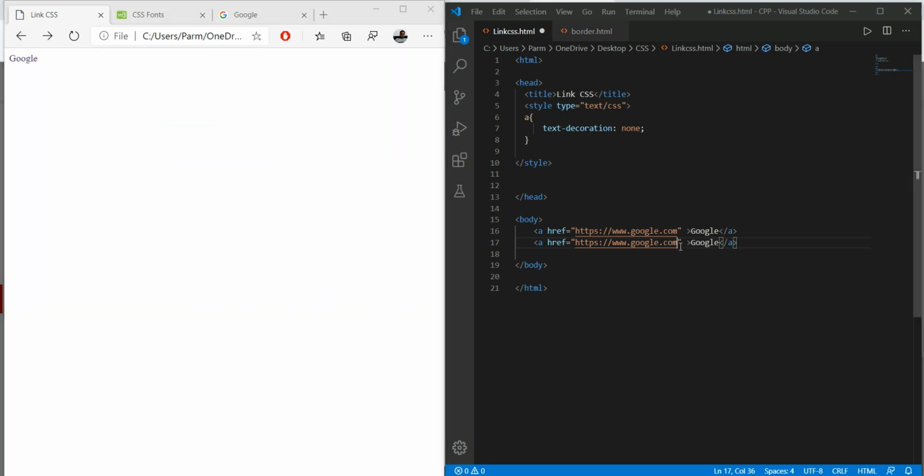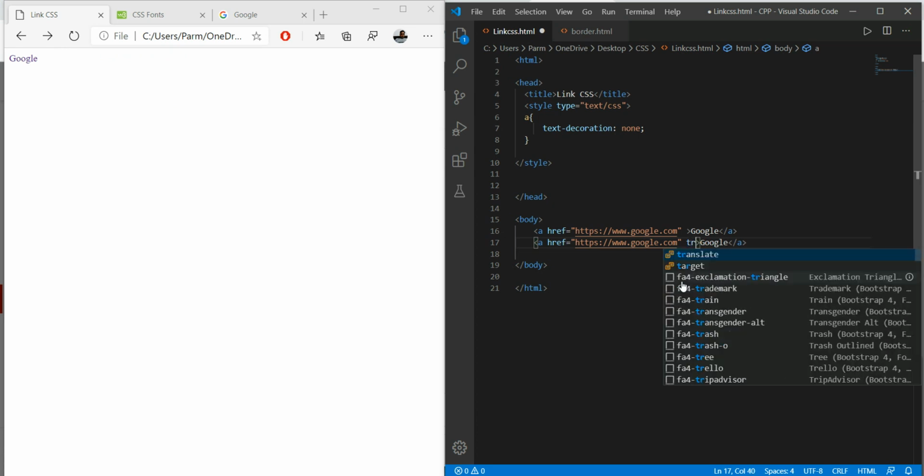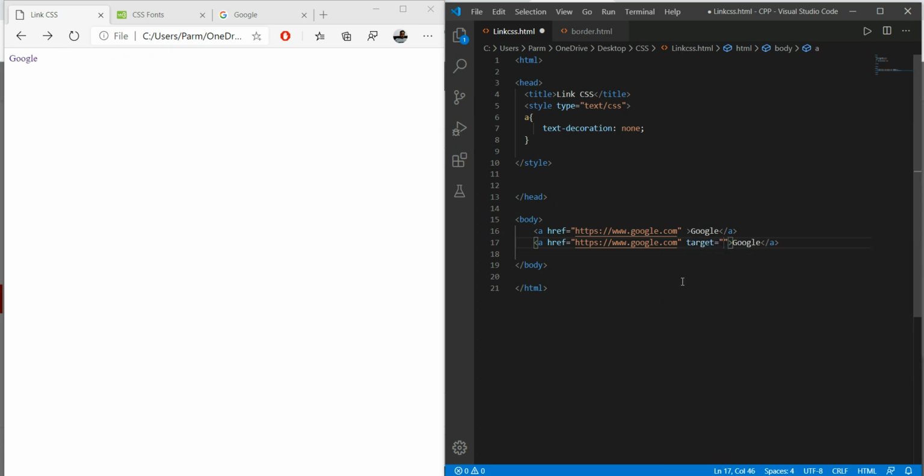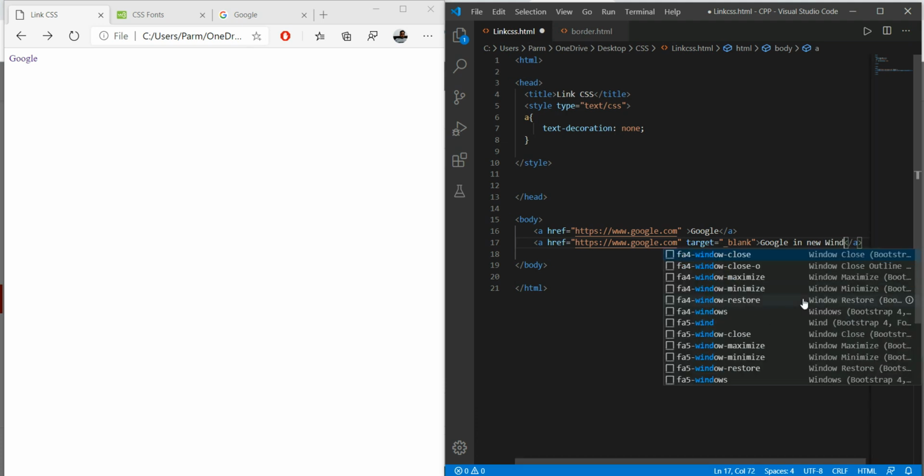For this I have to use the property target and set the value to underscore blank. Target equal to _blank means this link will open in a new window or new tab. So Google in new window.